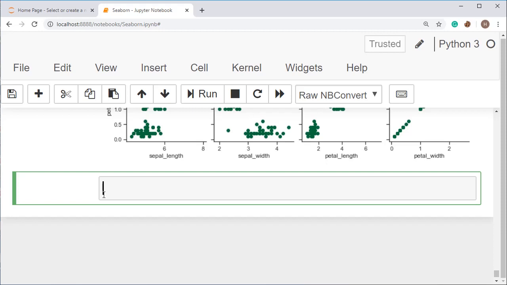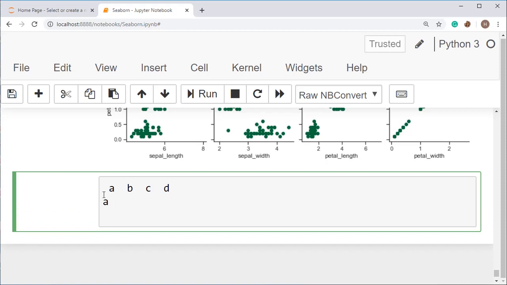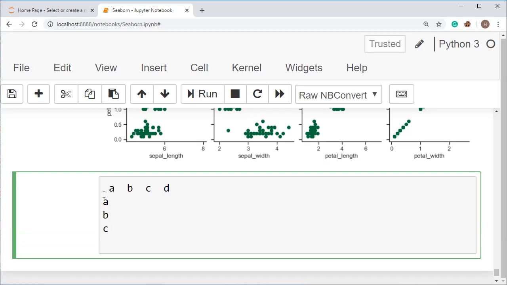See here, if we have a matrix in this format, with columns A, B, C, D, and rows A, B, C, and D, and if we have values, see here, in A we have 1, 2, 3, 4, and here 5, and here 6, and 7.